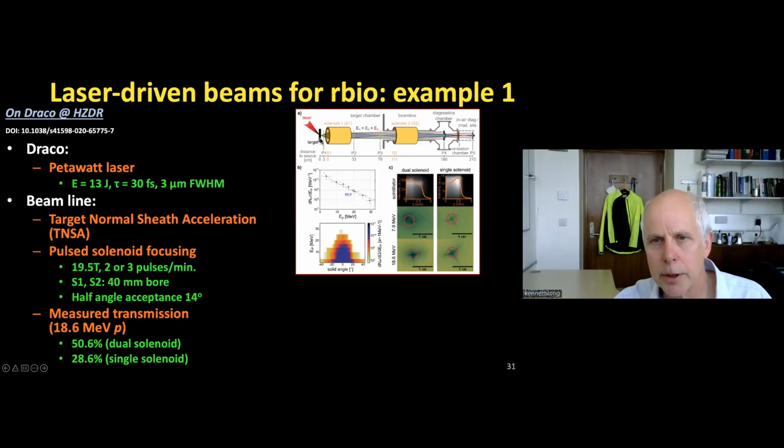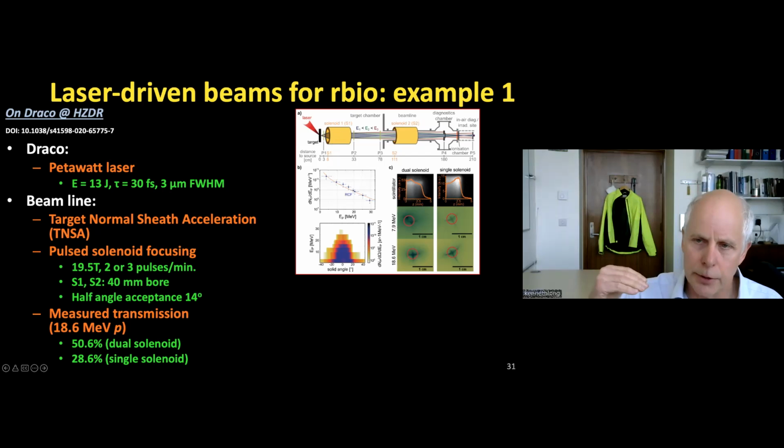So the laser impinges on a target. They have a solenoid to capture the particles. Here there's a 19.5 Tesla pulse solenoid, so it's an enormous field. There are significant technological challenges that come from ramping the magnet in a very sharp pulse. There's a 2 solenoid system where the first solenoid focuses the beam to a point. There's a collimator, and then a second solenoid which delivers the beam to